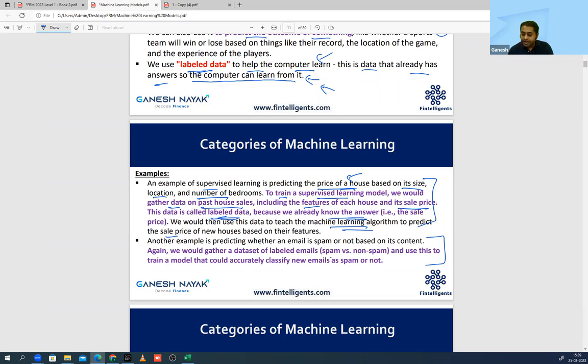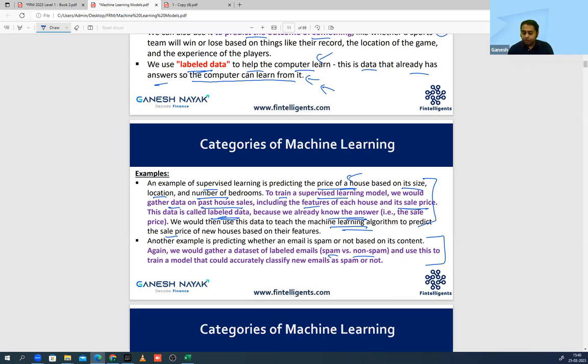Second example, spam or no spam. Right now, Google automatically puts any email in spam. It's not done manually. It is running some logic, right? And every time it is going to learn from the new mails that you're getting. It will learn your behavior and it will bifurcate spam or no spam. So whatever activity you're doing on Gmail is actually a training data set for that algorithm. Simple, right?